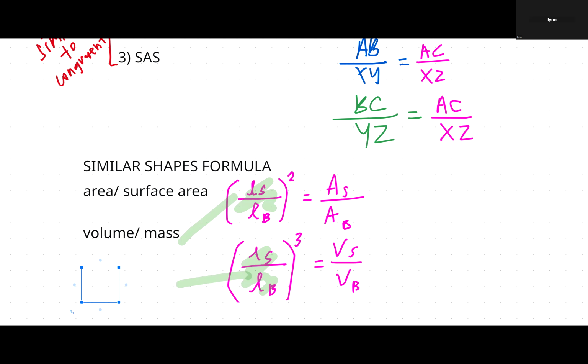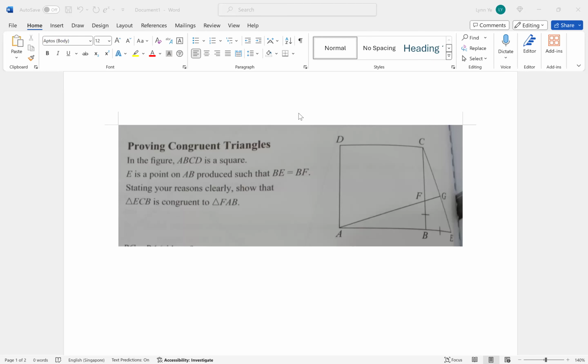What kind of length? You must use the what kind of length? Size C, what kind of length? Yes, very good. Corresponding. So you must use the corresponding length, the length that matches. You cannot use some random length over another random length. It must be corresponding. Okay, so now for example 3, the very first clue, they give you that ABCD is